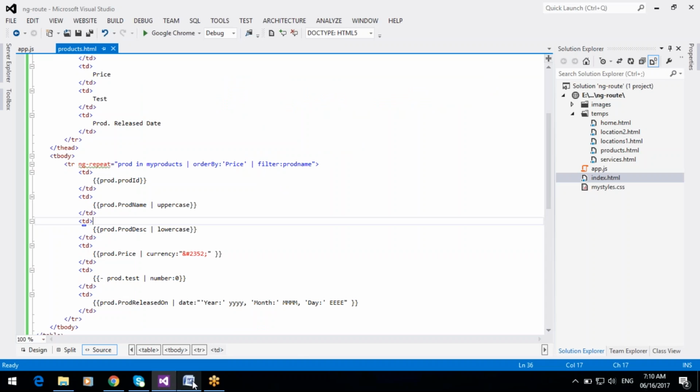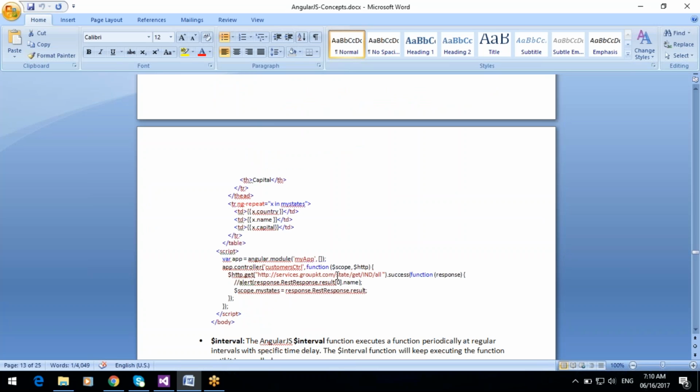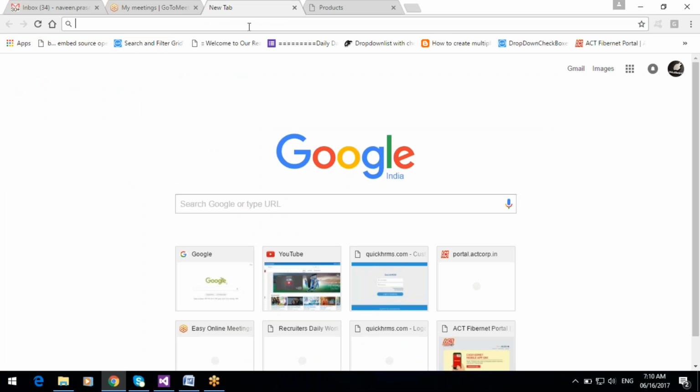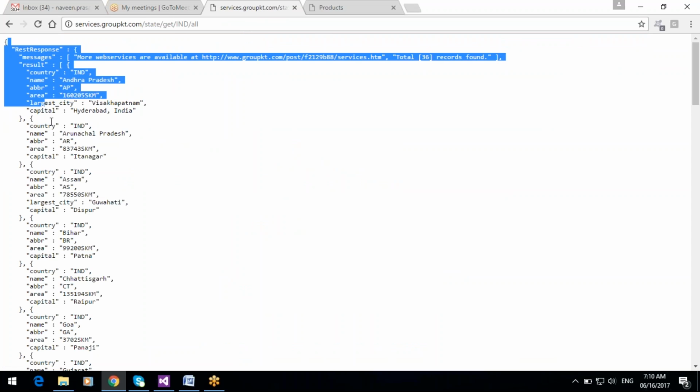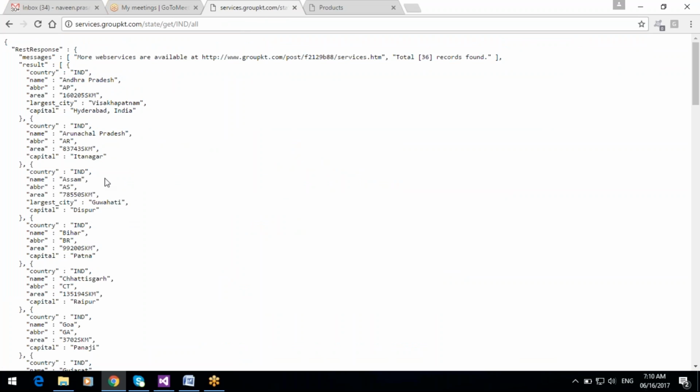For example, I have this example public service. If you open this service in the browser, this is the JSON format result. This service is returning India states information.